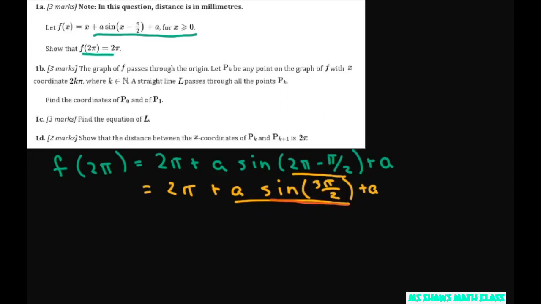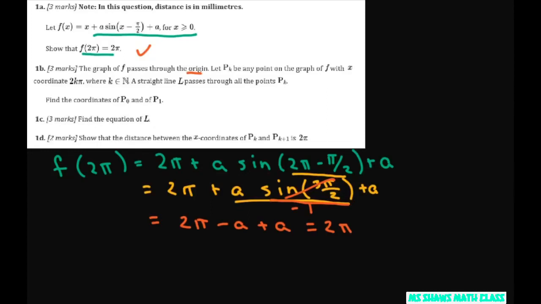Sine of 3 pi divided by 2 is negative 1. So if this is negative 1, we're going to get 2 pi. Negative 1 times a is negative a, plus a, equals 2 pi. So that's that part. It says the graph